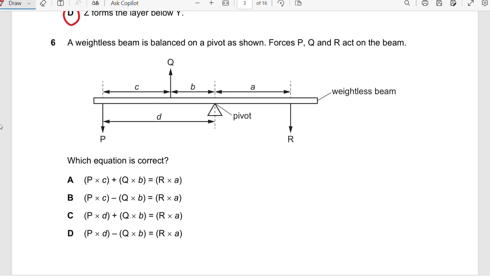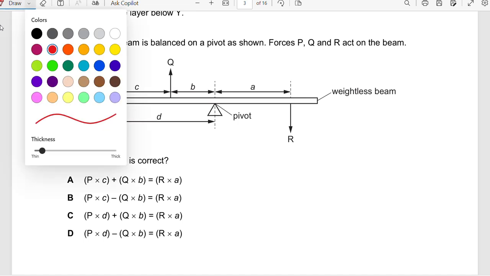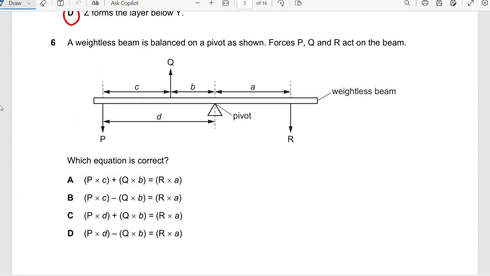Now in this question 6, they say a weightless beam is balanced on a pivot as shown. Forces P, Q, and R act on the beam. Okay, this is P, this is Q, and this is R. Notice each one has a distance from the pivot. This is the pivot here. So they say, which statement is correct? Remember the principle of conservation of moment. It says that the anticlockwise moment equals the clockwise moment. Let me write it here. Moment anticlockwise equals moment clockwise. Okay, so which are